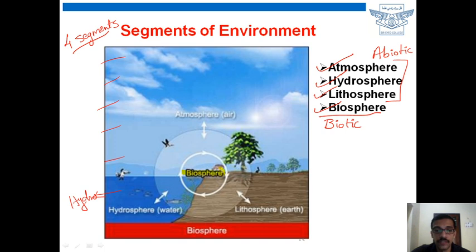So the biosphere is actually distributed. It is distributed in the atmosphere, distributed in the hydrosphere, as well as distributed in the lithosphere. So you will see all living components in water bodies, on the earth surface, the terrestrial environment, as well as in the atmosphere. That's about the segments of the environment. Okay,